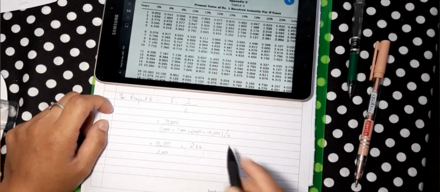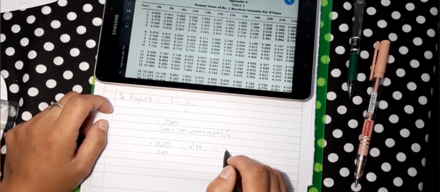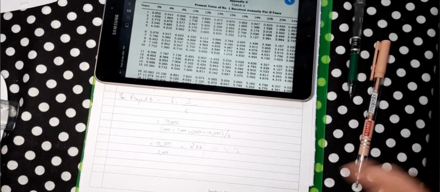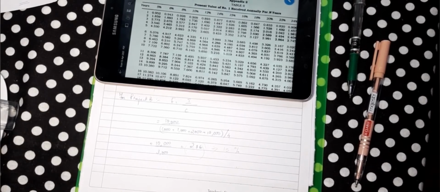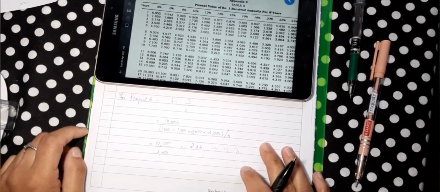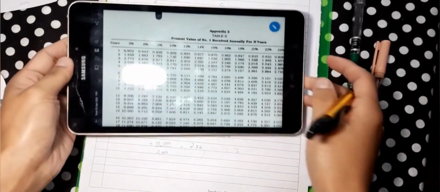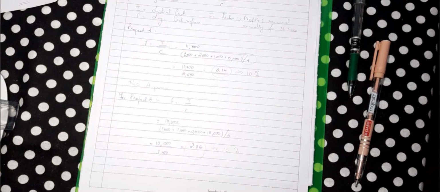And this is 15%, which means I'll be calculating my NPV at the rate of 15% for project B. Okay, so this is how I'm trying to get the percentage which is closest for me to start with. Again, you do not have to follow this. You do not have to go through the trouble of calculating the factor, because you can just assume